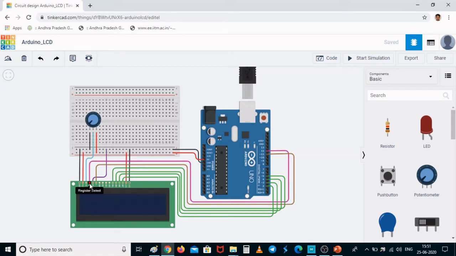And the next pin is register select. As I mentioned earlier, register select is going to act as either a command register or a data register, and it is connected to pin number 12. So you can see that this is connected to pin number 12 of the Arduino Uno board. And next is read write.